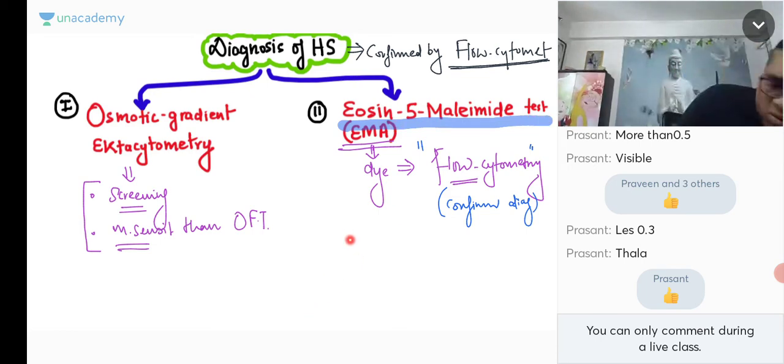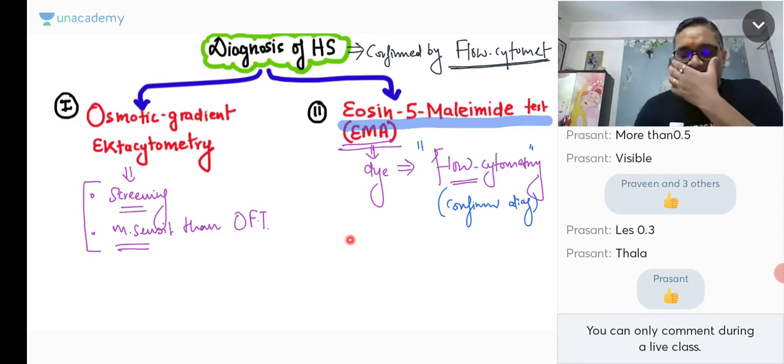Now let me ask you one question. This is how questions are asked in the AIIMS exam, and this is how it will be asked in the next exam also, right? A patient was positive for the eosin 5-maleimide test, and on mutational analysis, which of the following defects will you find? Spectrin, ankyrin, or GPI anchor protein? That is how the question will be asked. What is the answer now? This is how the examiner will be asking.